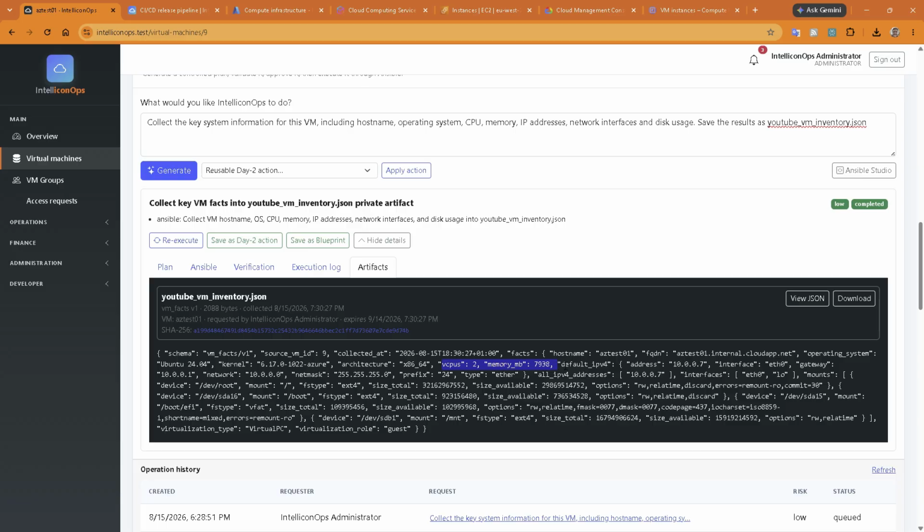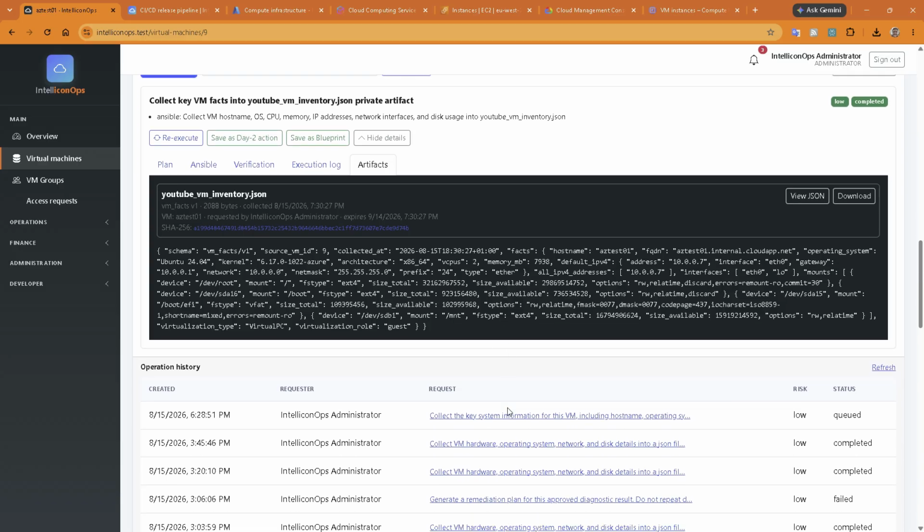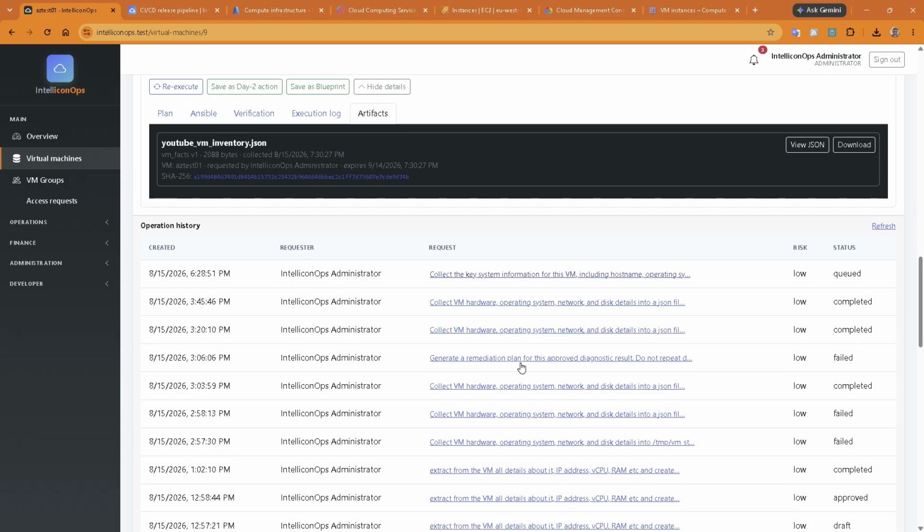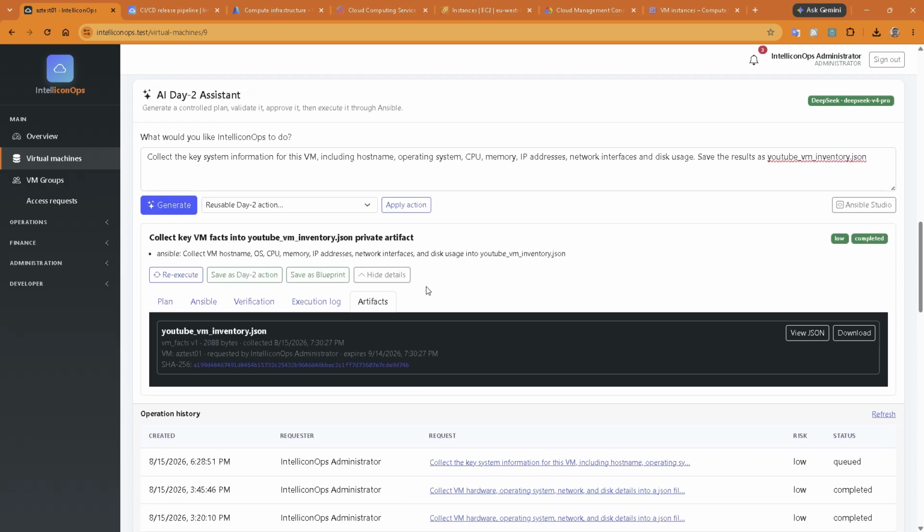The file hasn't just been dumped into the temp folder on the VM or left somewhere in the public web directory. IntelliconOps manages the resulting artifact as part of the operation. The operation is also retained in IntelliconOps history. So this isn't like asking a chatbot a question and then losing the context afterwards. We have a record of the request, the generated plan, the Ansible, the approval, the execution, the verification and the